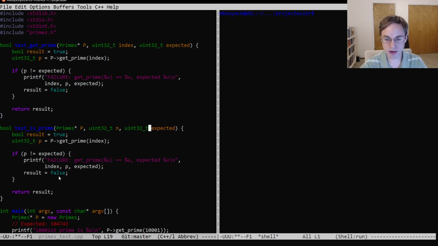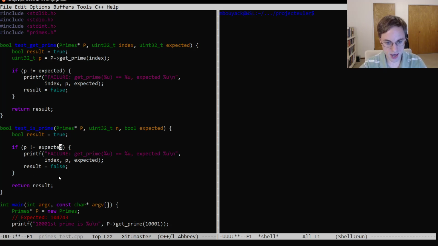And our expected value now is going to be a Boolean value. So we'll have bool expected there. Don't need this. And we'll just say if p isPrime n is not equal to expected, then we say